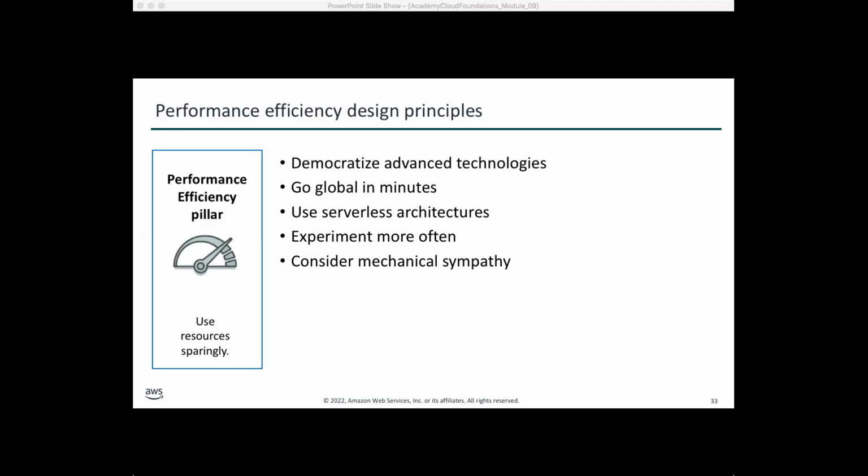Go global in minutes. So deploy systems in multiple AWS regions, based on latency. Remember, we looked at a website, I don't remember its name, where we can see the latency, and the obvious thing would be to deploy our resources in the closest region, right? Which will minimize latency and give a better customer experience at minimal cost, right? Cost is also a factor.